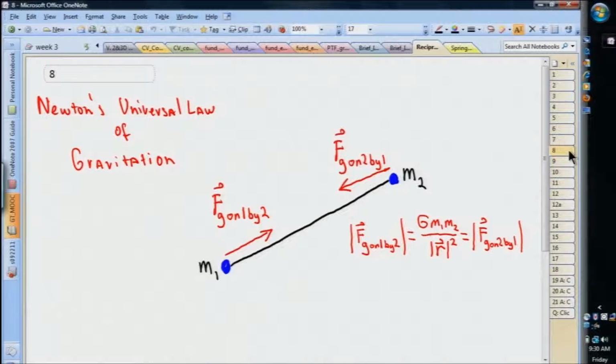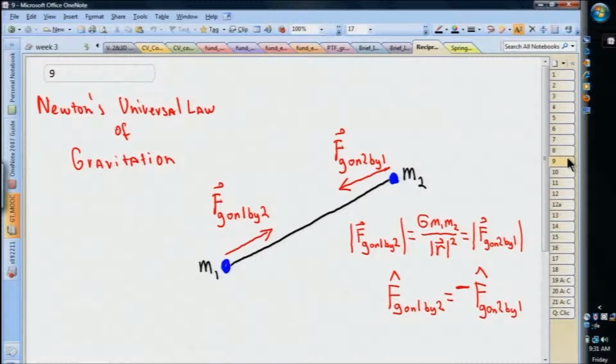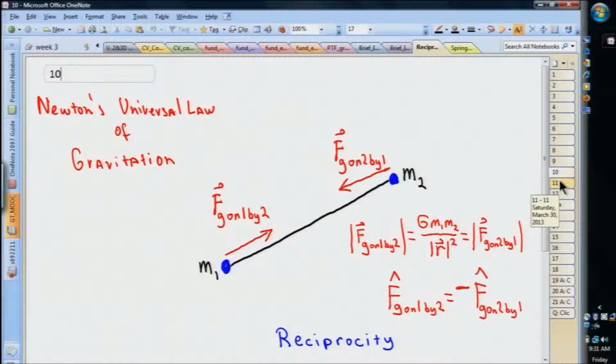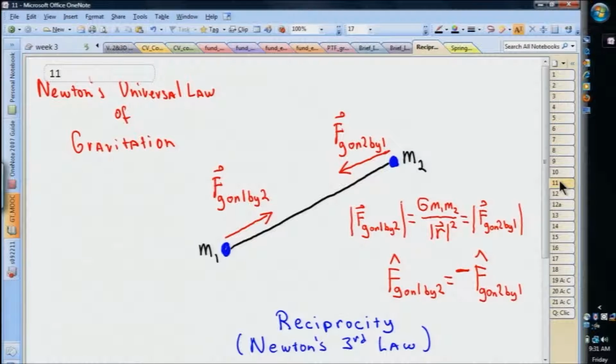The gravitational force that m1 exerts on m2 is the same magnitude as the gravitational force that m2 exerts on m1. The directions of these two forces are not the same, but they are related. The direction of one force is flipped with respect to the other. Now, an interaction that exhibits these characteristics is said to exhibit reciprocity, which more popularly is known as Newton's third